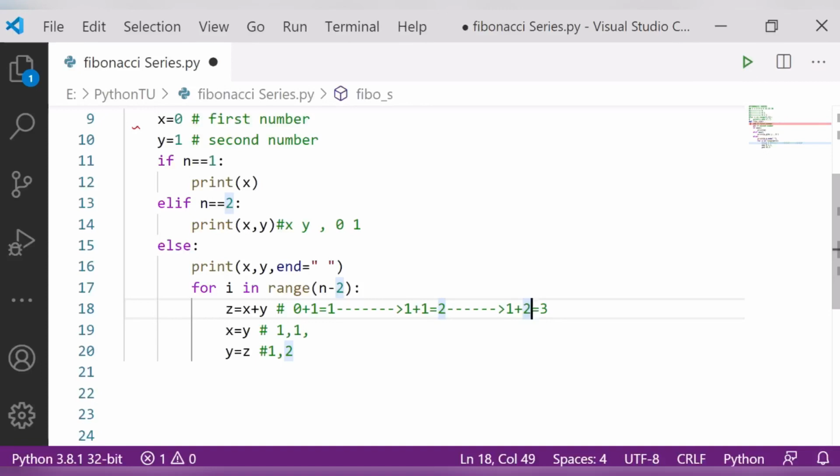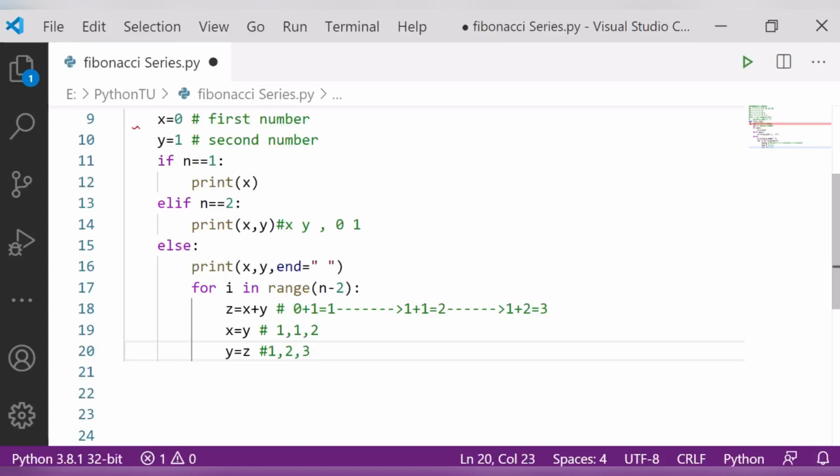Now what is the x value? 1 or 2? What would be the next value? 1 plus 1, 2. And what is the next value? z is 3 here. Okay, 3 is coming here. So this is how it will run again and again, and you will get your series. Fine, only in this way.